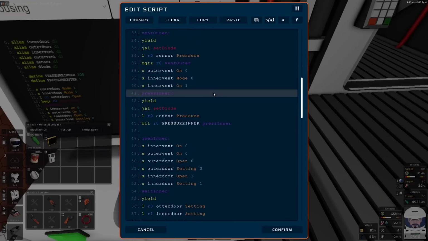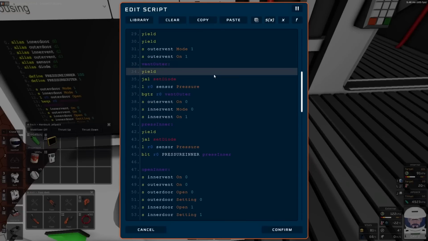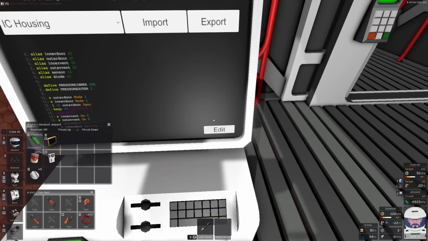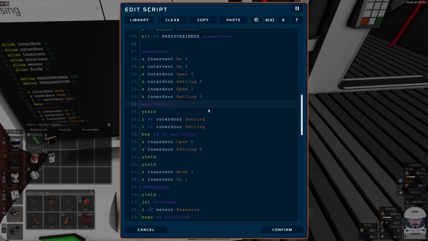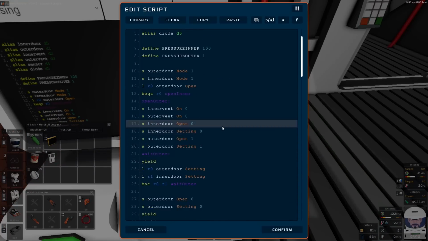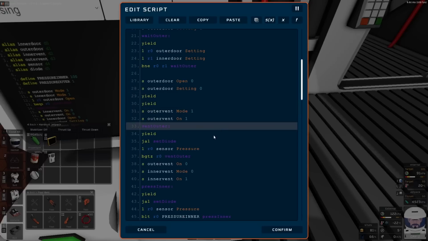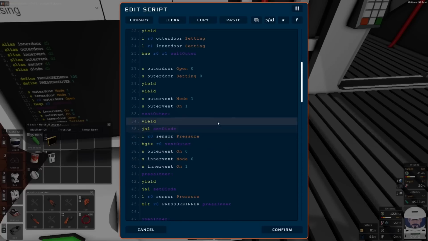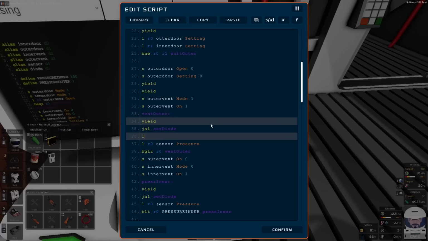So if we are in here, where's my set diode gone red? You silly machine. Right, we go into here and we sort of say, while we are venting the outer, we could probably put an abort on the repressurization cycle as well, if we're in a hurry. So we're venting the outer, loading the sensor for the pressure. We can also load,